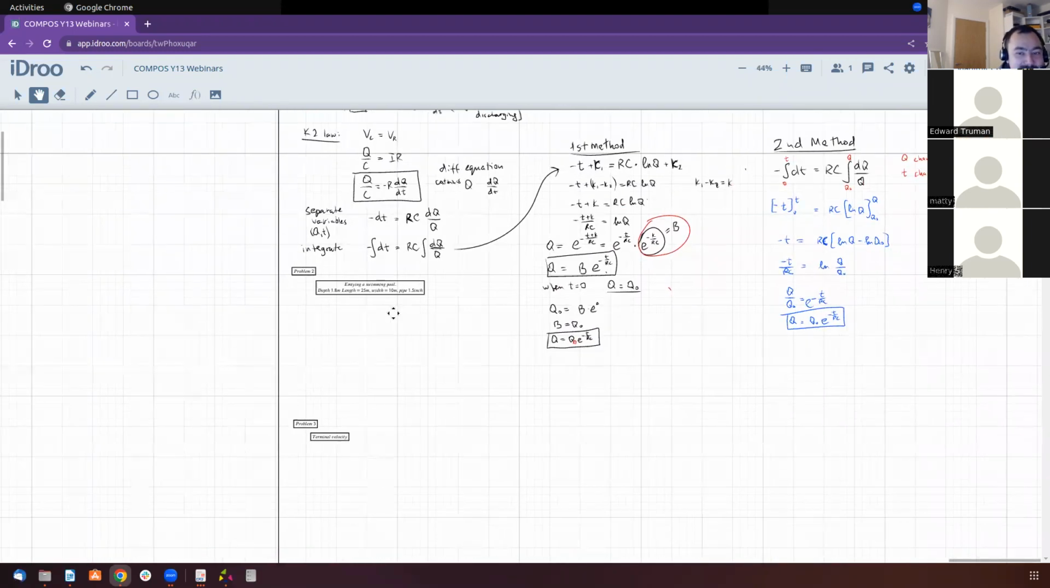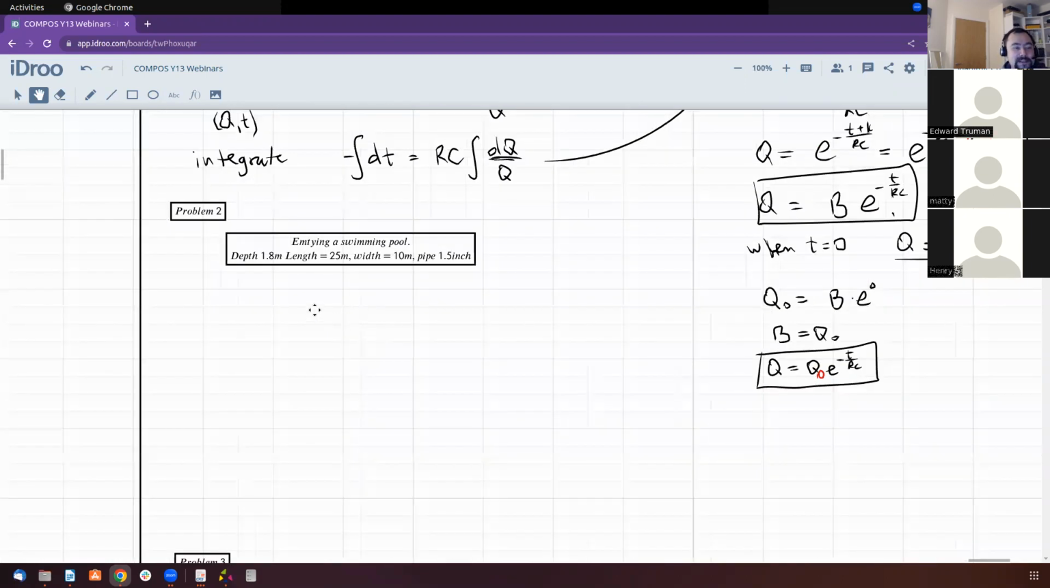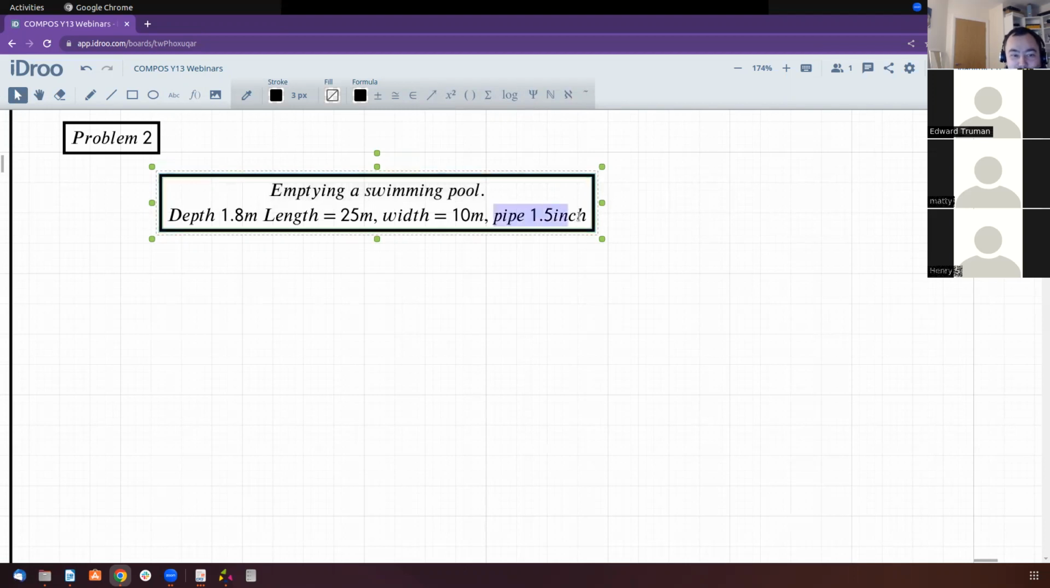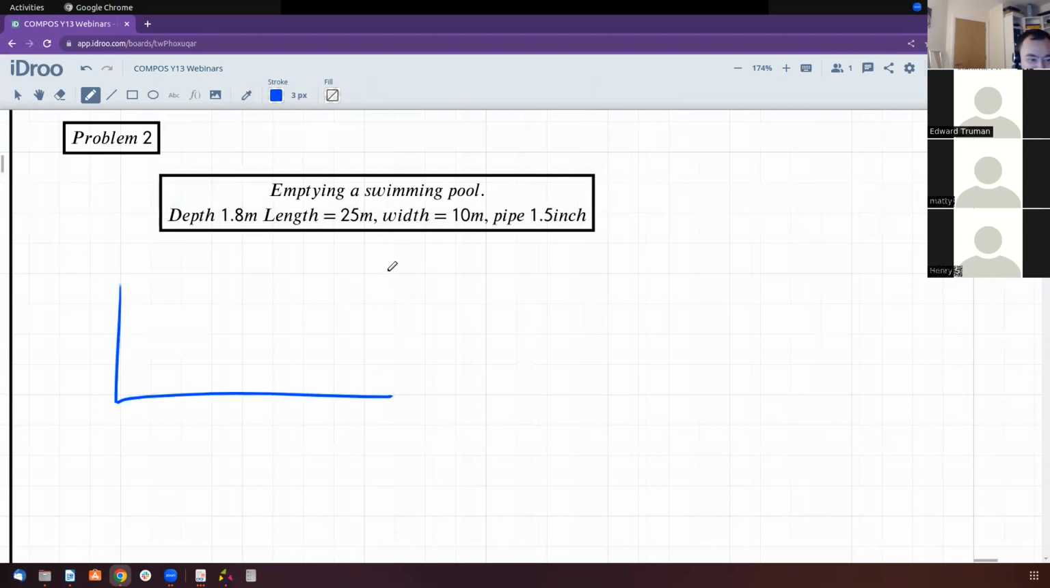And so let's go through problem 2. Emptying a swimming pool. So imagine a swimming pool, like a normal swimming pool which you go to in the community center or whatever, wherever. And imagine it had a hole in the bottom, just like your bathtub. So a bathtub is typically a pipe of 1.5 inches. So let's find the area. So we have a bathtub, not a bathtub, a swimming pool. And there's a pipe at the bottom. And the cross-sectional area,